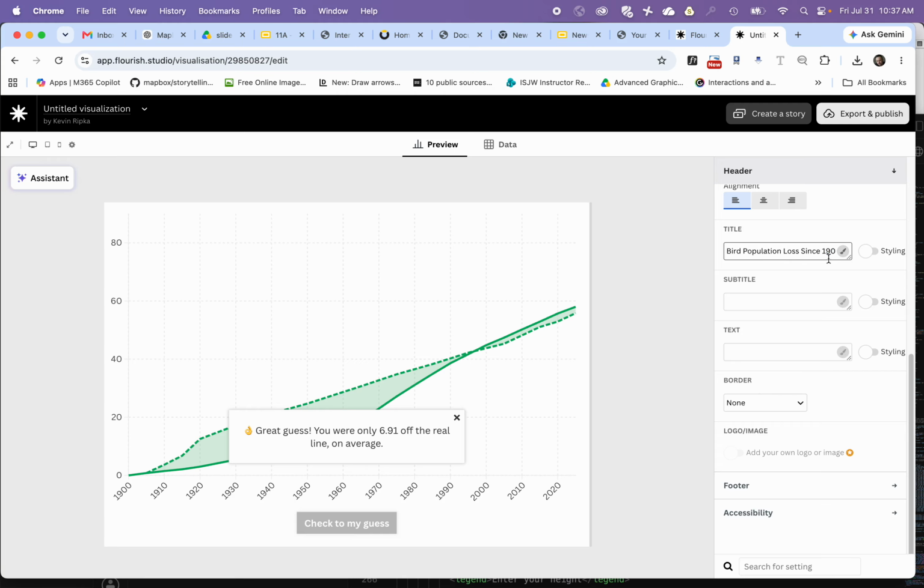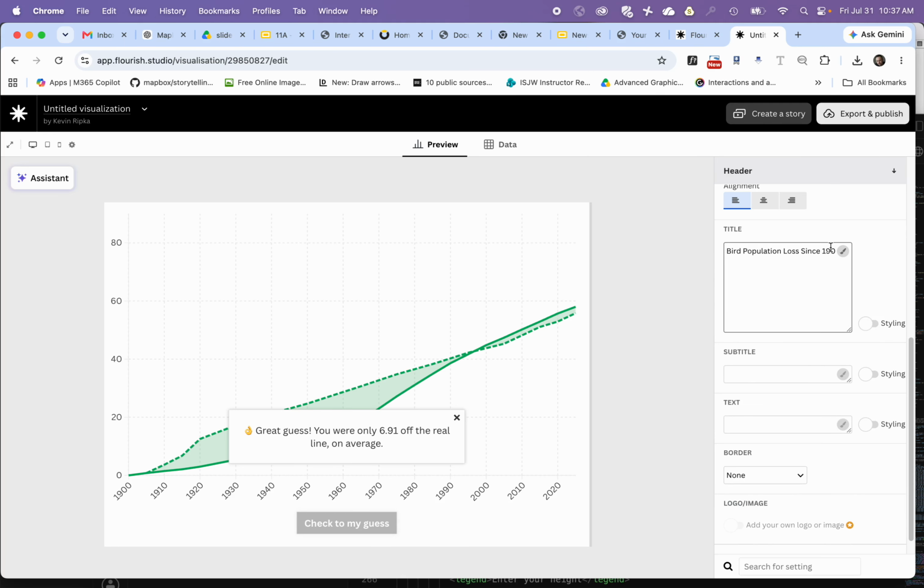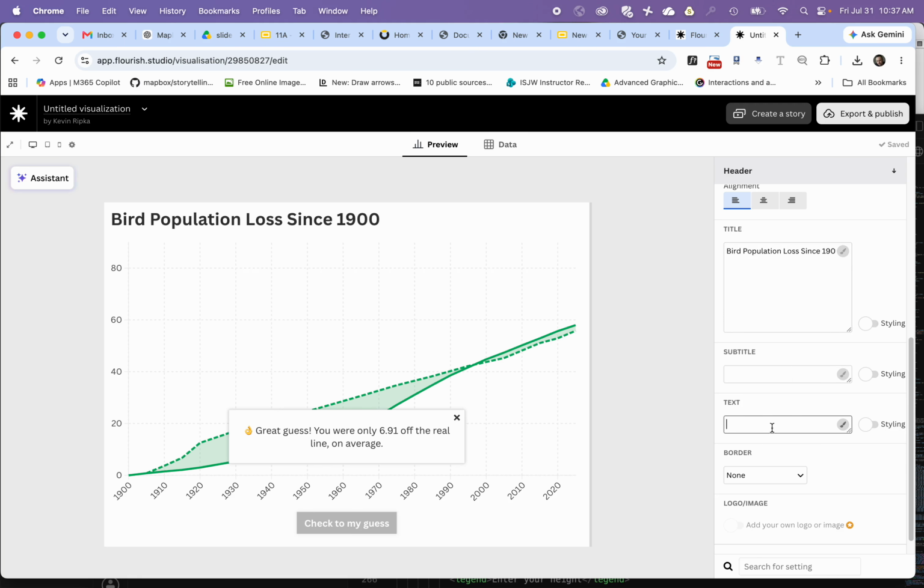Why can't I see that? Let me see if I can just drag this out. No, of course not. Do they not let us put all that much text? Well, let's see what happens when it does it. I don't know why I can't see that. Text, right,